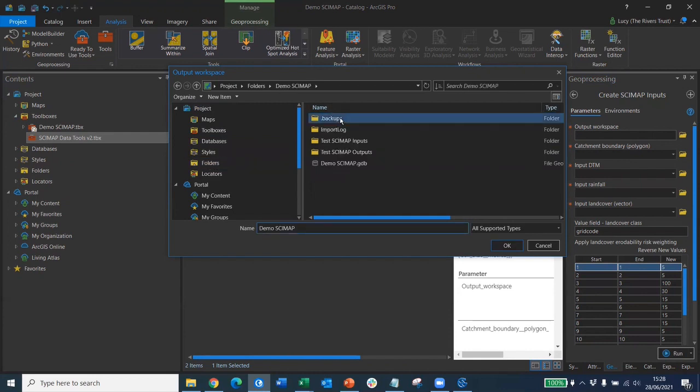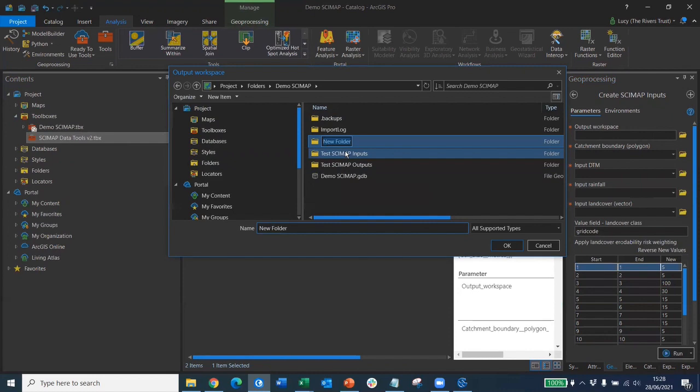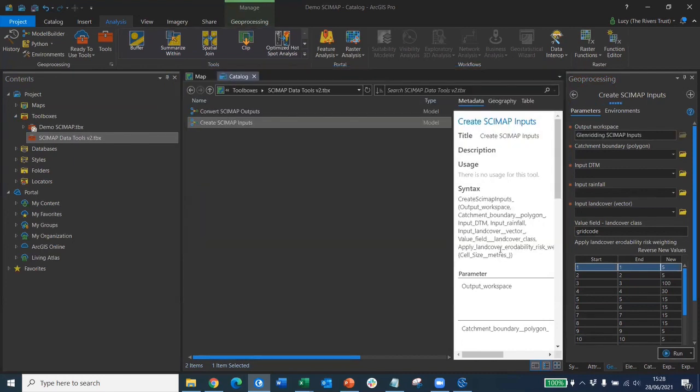So I would normally set up a new folder within the project and call it something like Enridding SCIMAP inputs. So I'm just going to choose that as my output workspace. And then I'm going to add my catchment boundary, my DTM, my rainfall layer, and then my land cover layer